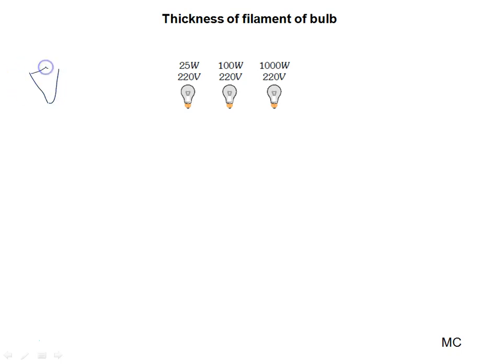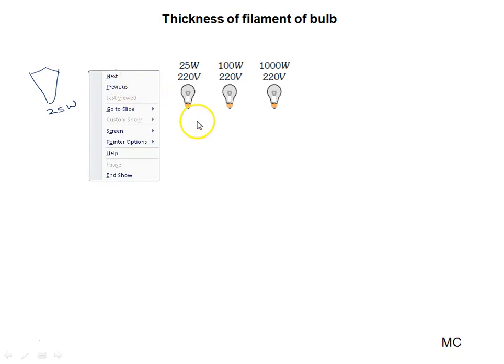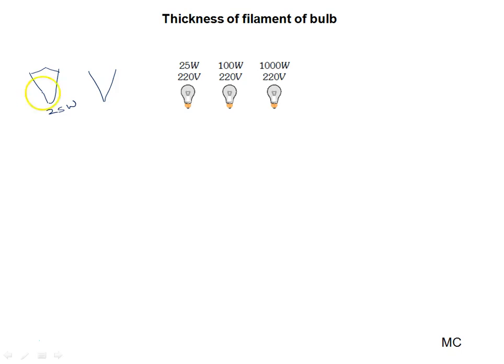just like a straight wire, like this. And if you observe the filament of the 100 watt bulb, you will see it is in spiral form. If you increase the power, this spiral will increase more. What is the difference? Basically, this is of long length. So when we want to reduce the length, we make it in turns. But when you stretch it, you will see this length is quite high. So one thing is very clear to all of you: there is a difference in the length also.